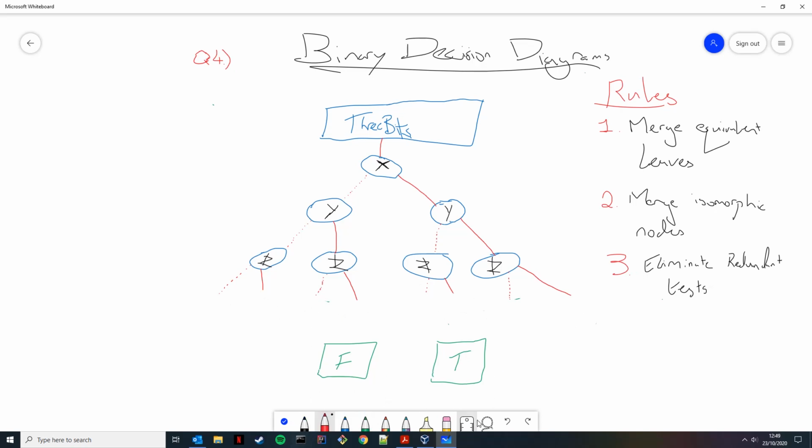And once you do this, you always have to redirect the outputs from the last node into the new leaves. So redirect all the incoming connections. So this went to true, this went to false. Now this goes to false, and this goes to false. This goes to false,